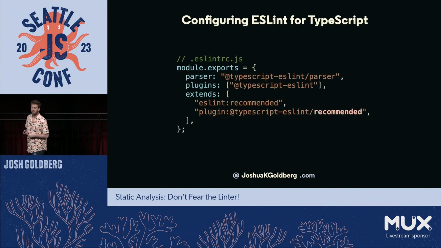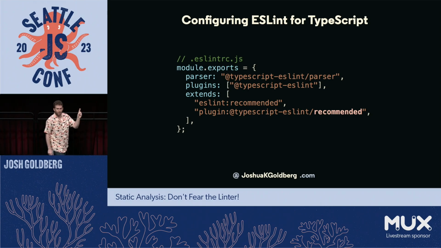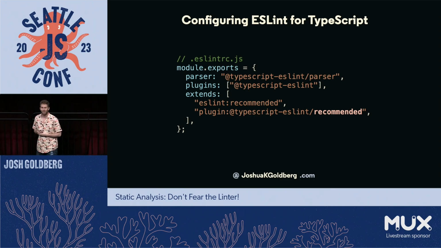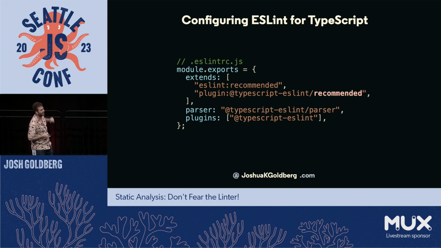So just going through that logically in order, you can tell ESLint in your ESLint config, use the TypeScript ESLint parser, then also load in all the TypeScript ESLint rules, and then extend from not just the ESLint general recommended rules, but also the TypeScript general recommended rules. Because there's a lot of stuff in TypeScript. And also, I just like sorting my configs alphabetically. I know that's really annoying to people, but that's how I think.